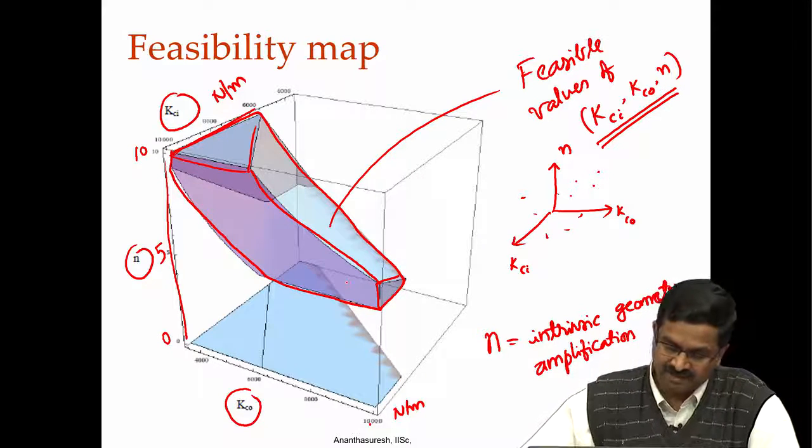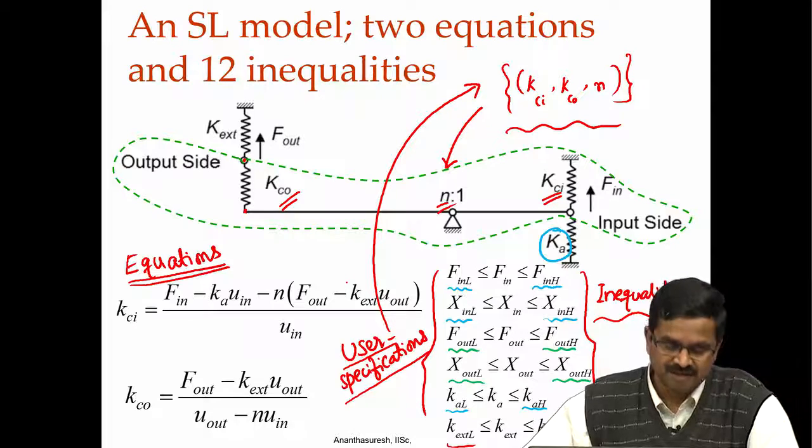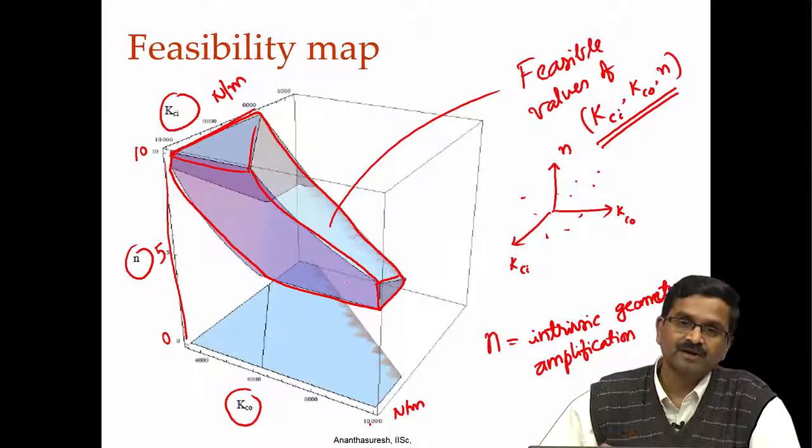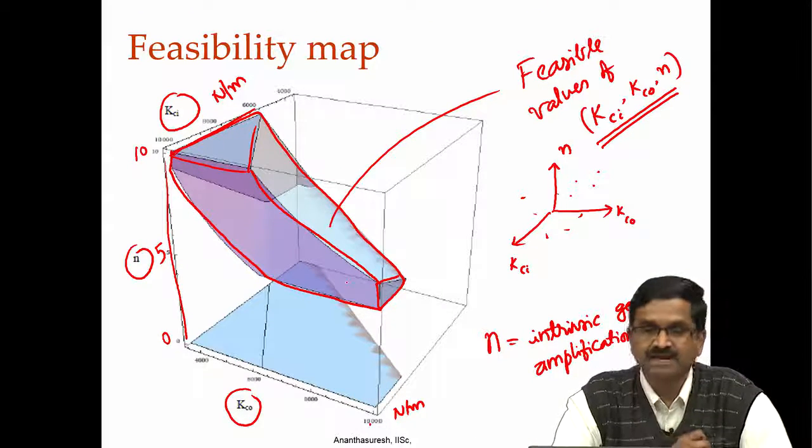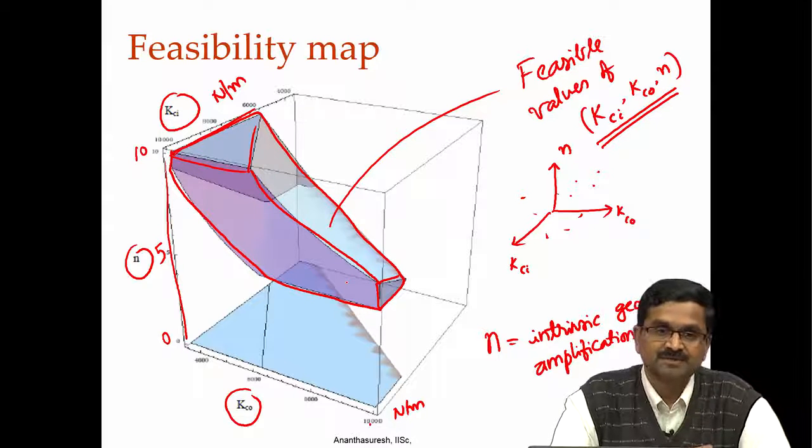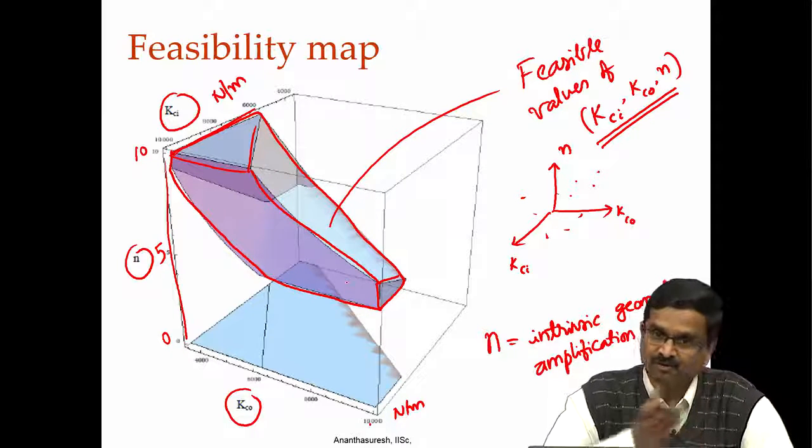So, when they enter some values, if you construct this map, you would immediately know what kind of a stiffness and intrinsic amplification that compliant mechanism that we have not yet designed,